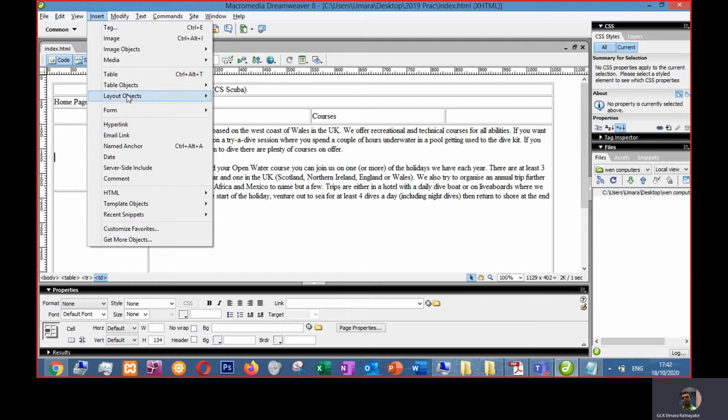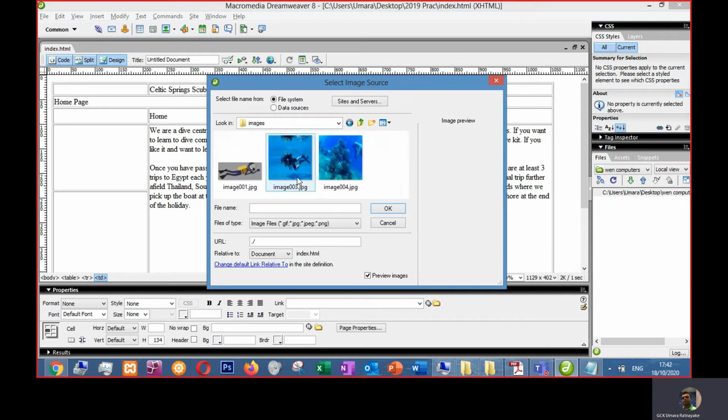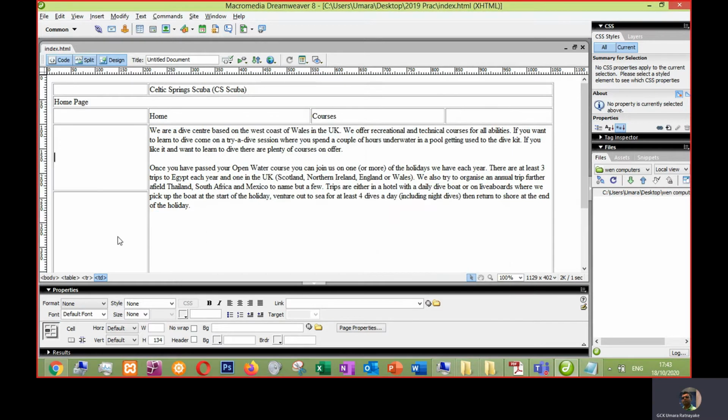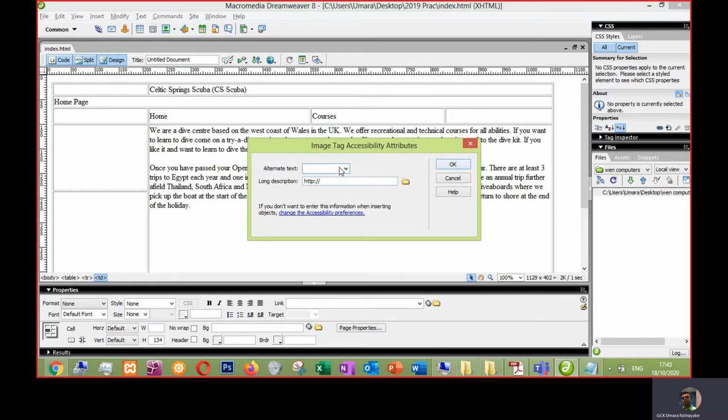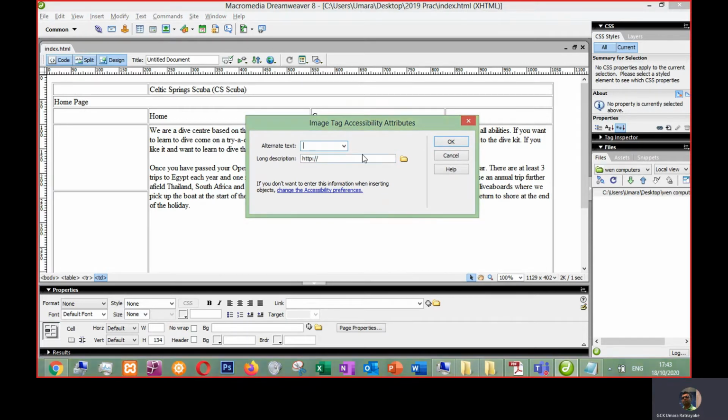So you can go to insert, image, images. You can, they're not really looking at an alternative text. What an alternative text is, it is a small description about the image. This helps the screen readers used by blind people to get to know what this image is about. And if you want, you can add it. Let's say scuba diving,